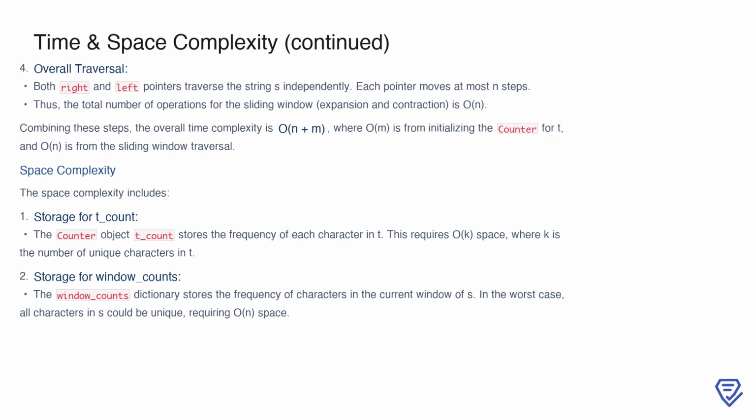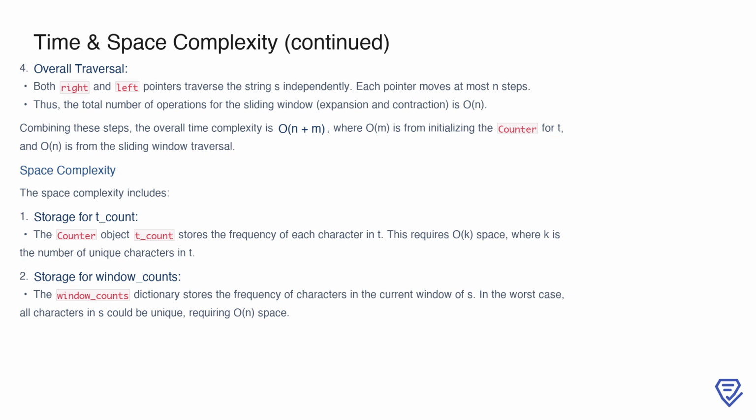When we combine this with the initialization phase, the overall time complexity becomes O(n) plus m. The m comes from the initial setup of the character counts for T, and the n arises from the sliding window traversal. Moving on to space complexity, let's